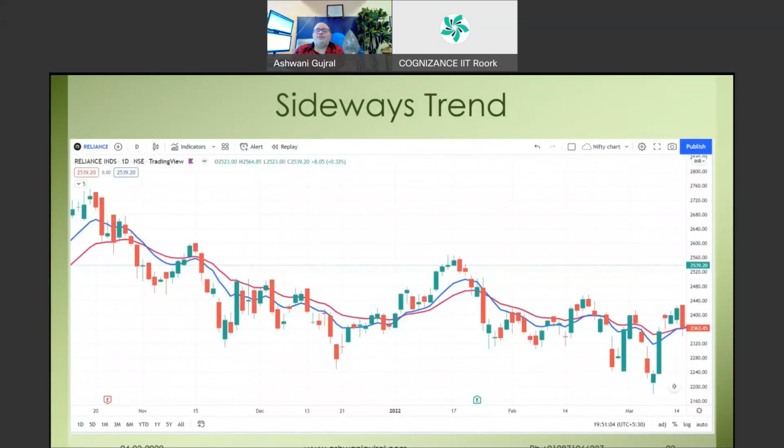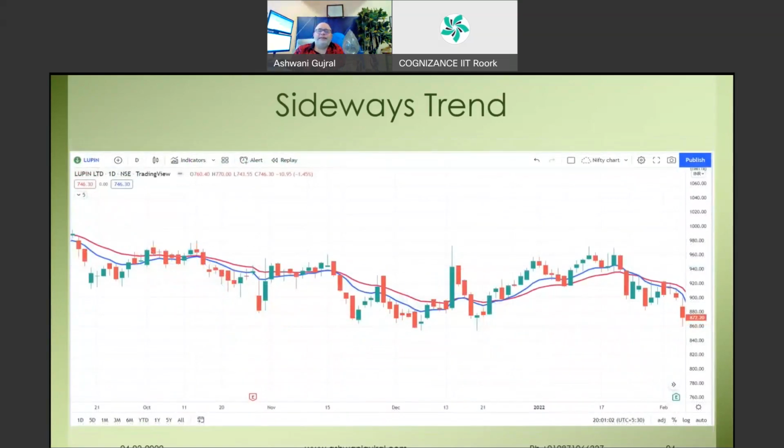Now, this is the kind of chart that you want to avoid. Why? Because it is choppy, it is moving up and down. The moving averages are not moving consistently in one direction. You have 5,000 stocks, not necessary to meddle around in a sideways type of stock. Again, this is a sideways stock, so you need to avoid these stocks. Pick out the best trending stocks and trade only on those stocks.